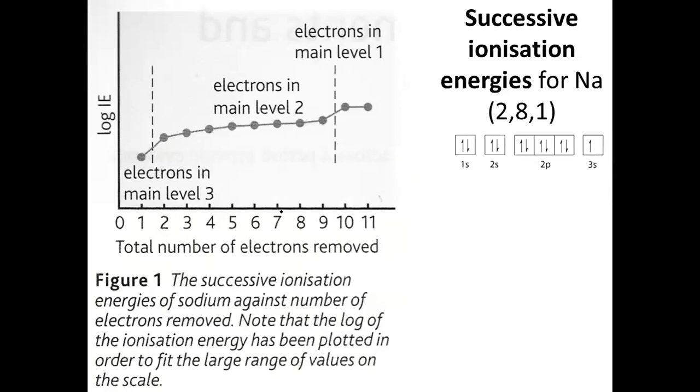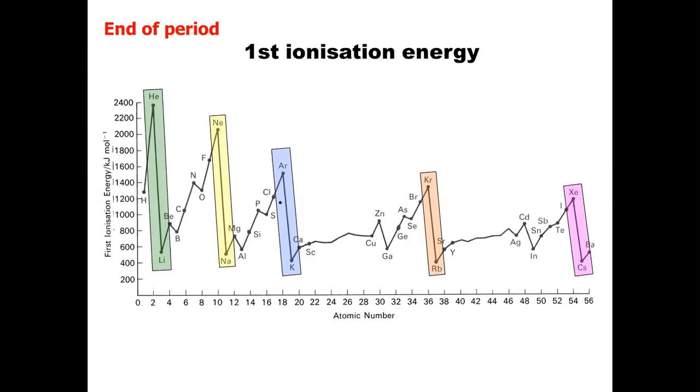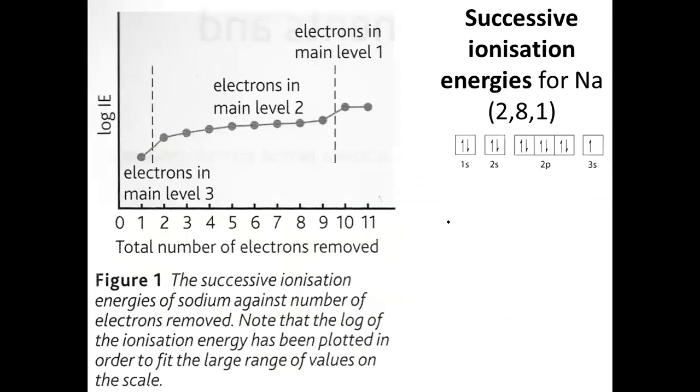So this was first ionization energy for all of them, for all the different trends. Now we're going to move on from first ionization energy to looking at successive ionization energies. So when they talk about successive ionization energies, what does that mean? That means first ionization energy, second, third, and so on. So we're looking at the same element and we take off the first electron, second electron, third electron, fourth electron from the same atom, right? Until you've got no electrons left,